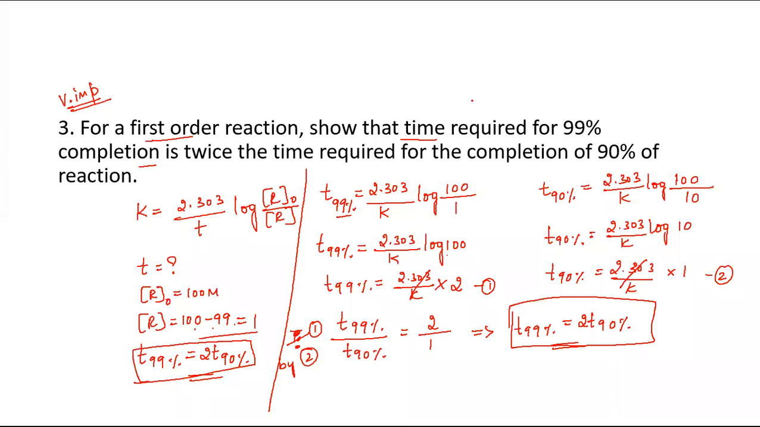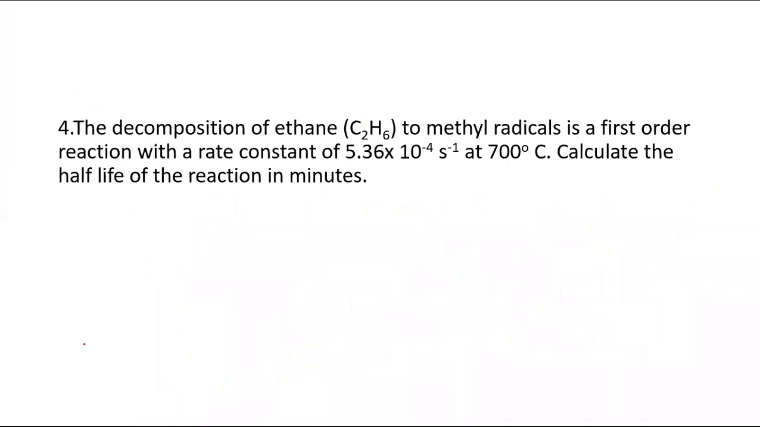Yes. Okay. So here is our next problem. The decomposition of ethane to methyl radicals is a first order reaction. Again, this is a first order reaction with a rate constant. Here the rate constant is given. The symbol for rate constant is K, that is 5.36 into 10 to the power of minus 4 per second at 700 degrees Celsius. Since our formula has no temperature symbol, do not worry about the temperature